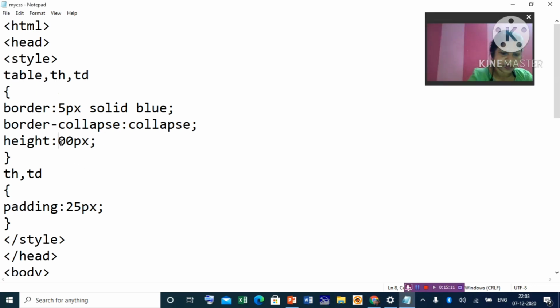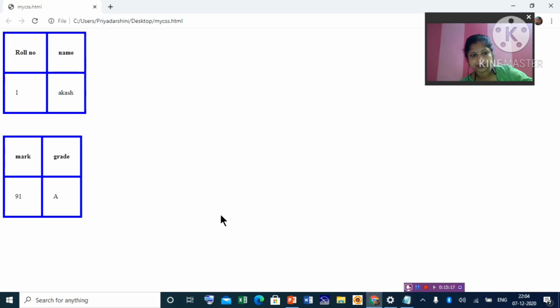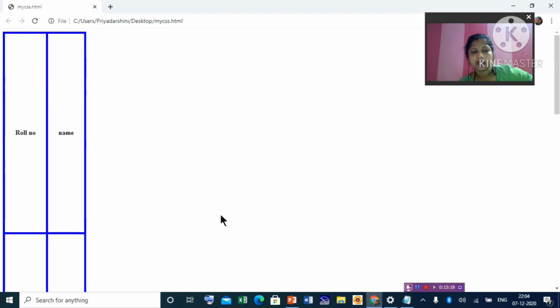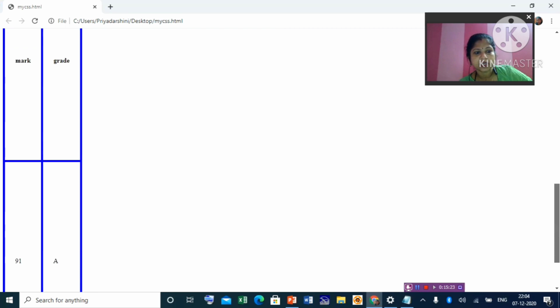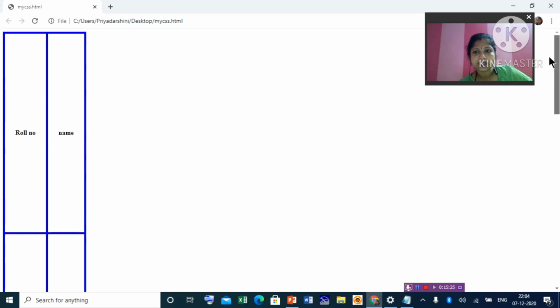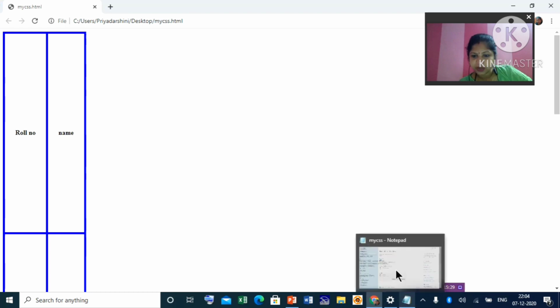Suppose I have given here 500. Save. This way the table size will be increased. You can see here both the table sizes increased. Height increased. And if you want, you can give it for the width also.